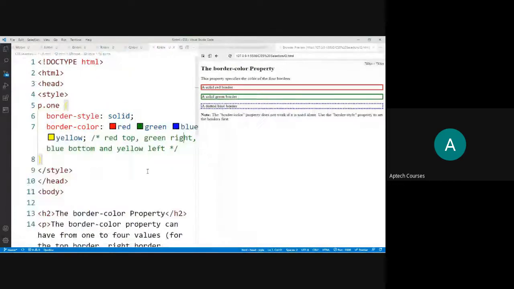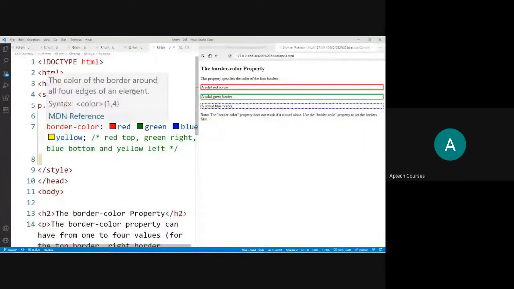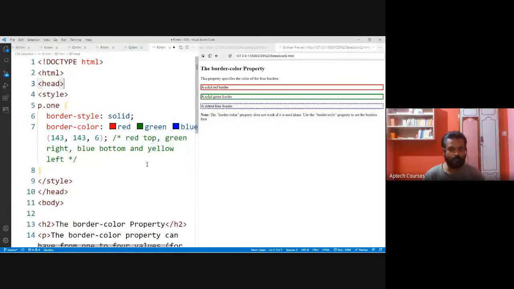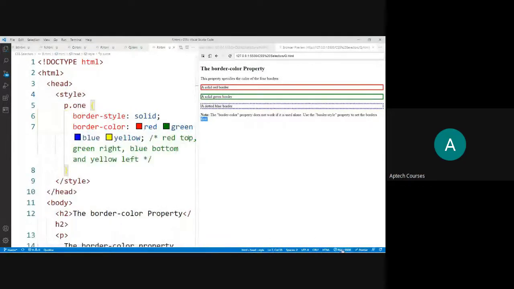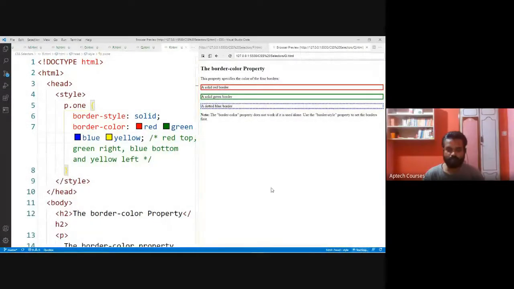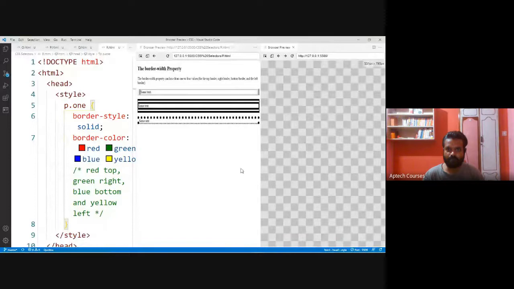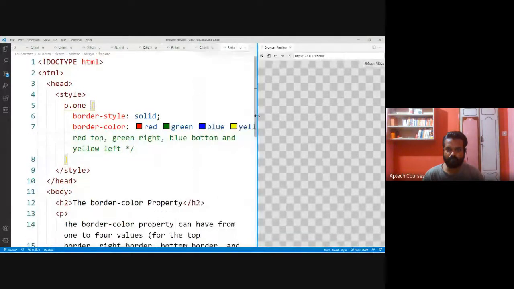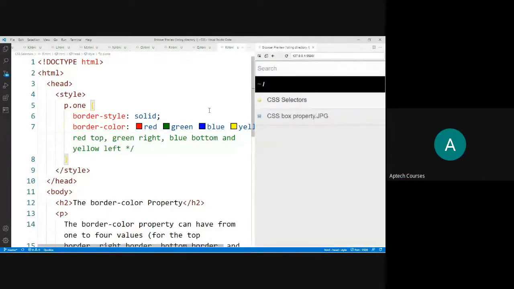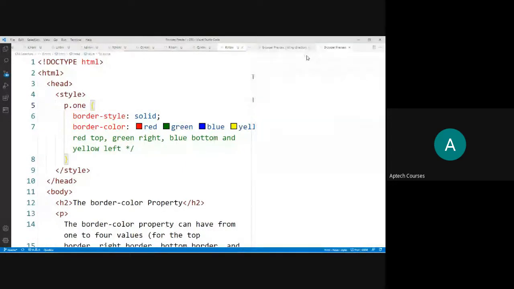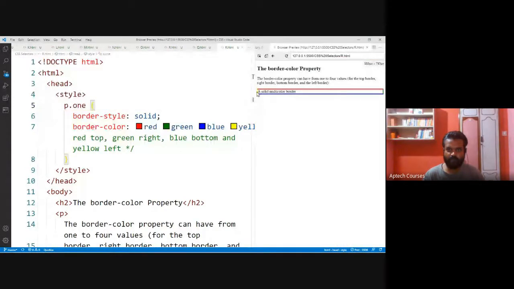Border color red, green, blue, yellow, each side. See, each side we are getting a different color.